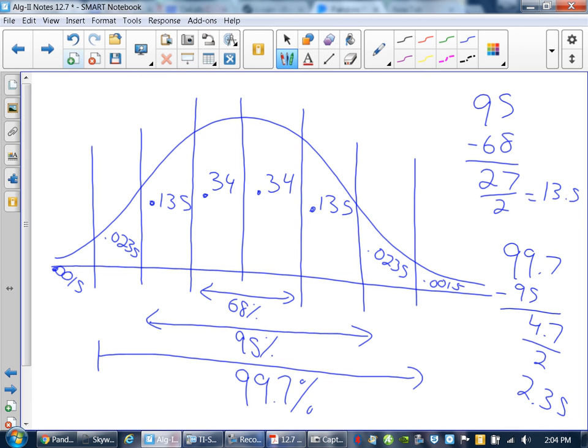And what's nice about this idea of normed data, standard deviations with normal distribution, is that those numbers will never change. Those percentages never change. Which means if you can take some data set and normalize it, math becomes really, really fast. And that's what statisticians do a lot with big data sets. If you look at ACT or SAT scores, you can look up your score, and then it'll say